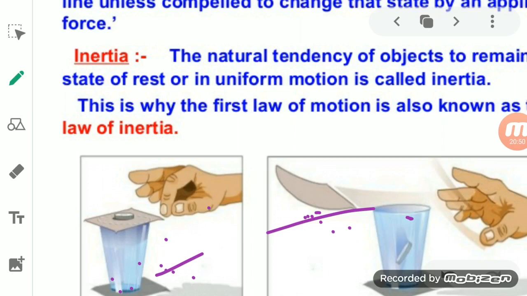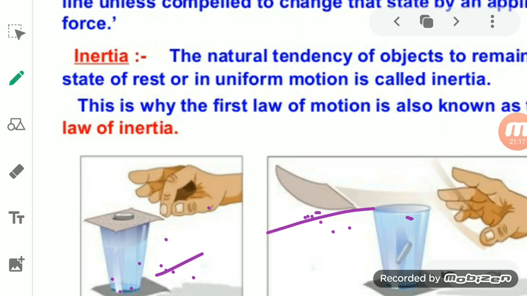So that's why the card moves away from the mouth of the glass tumbler. Now the force of our flick acts only on the card. It does not act on the coin, and that's why the coin continues to be in a state of rest